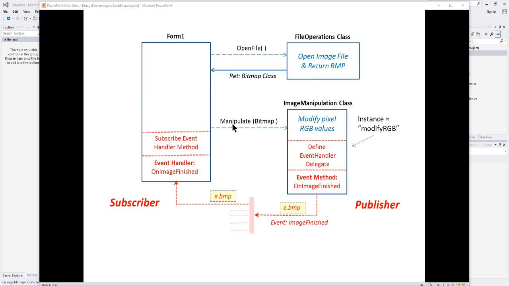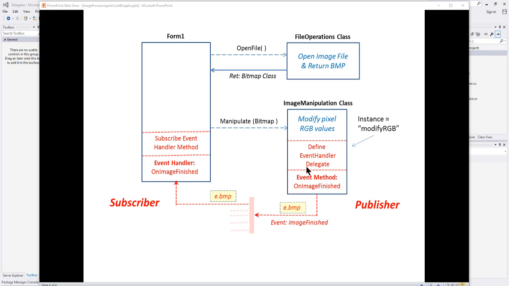Then we take that bitmap and send it out to what's called the image manipulation class. And that's the class that has a method that does the hard work. It takes the bitmap, goes through every single pixel in the bitmap, changes the color, changes the RGB values we talked about in the last video, and saves that out and issues a notification to any subscribers to the event